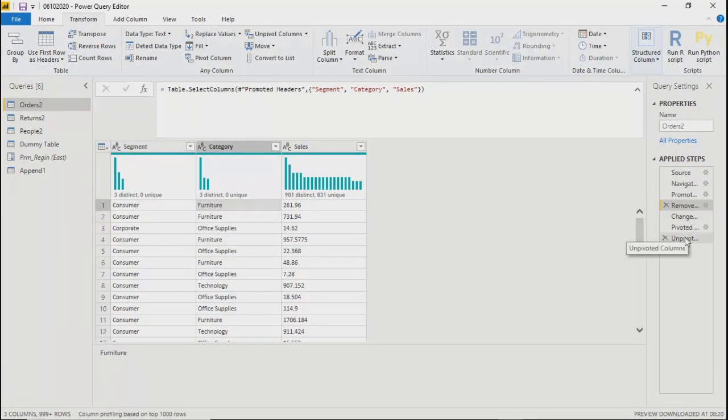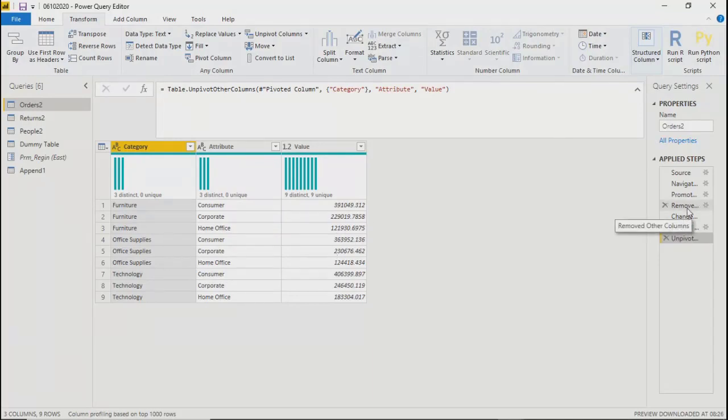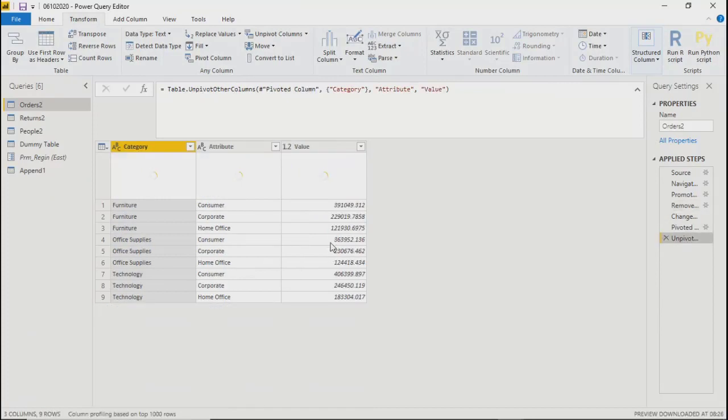So in this view, when we unpivoted it, it has given you the unique combinations here, and against that, the total sum of the sales. In place of showing all those individual values again and again, it has given you the sum. That is what unpivot does as a result.